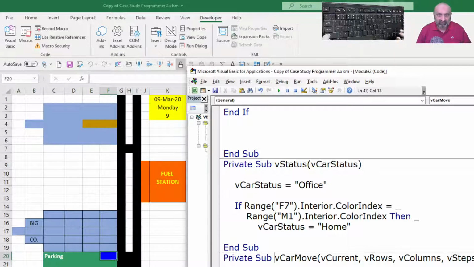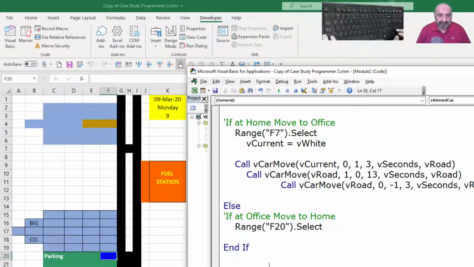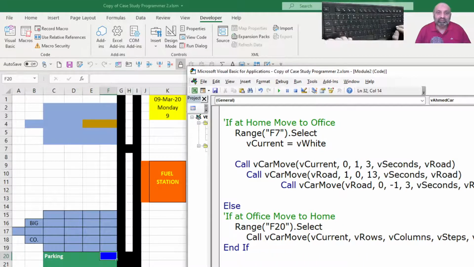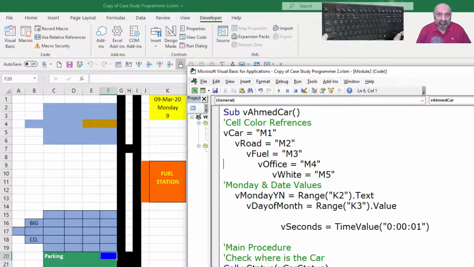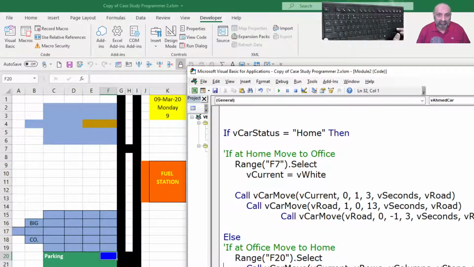So this is our macro, we are going to call this, and the current is at office, so our office is v office. So we would say the current color should be office, and then now we have to move it one column to the right.